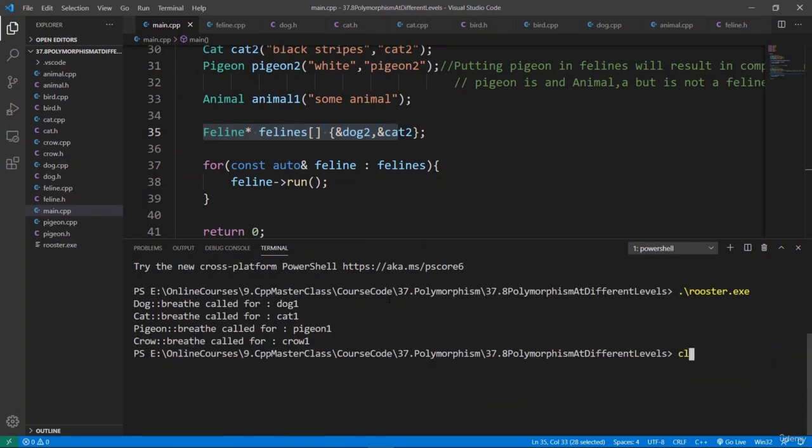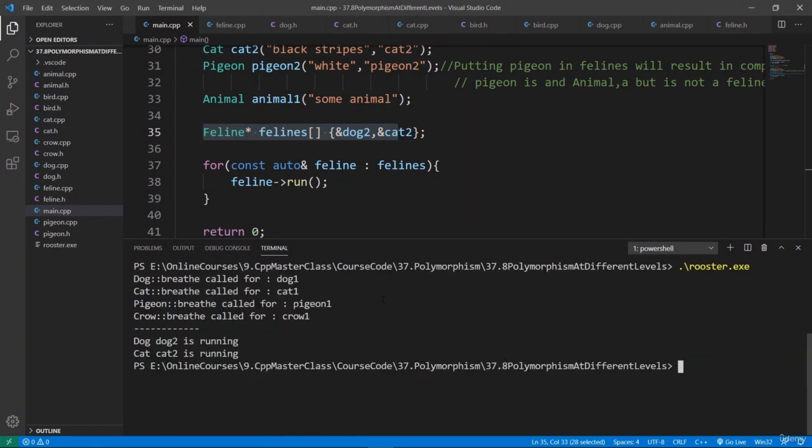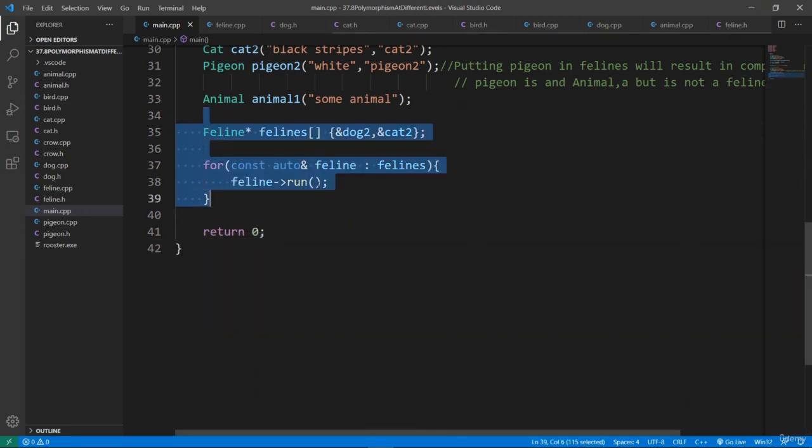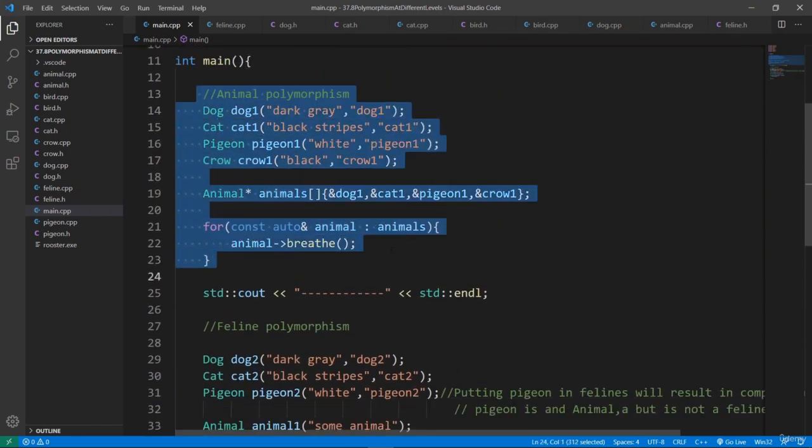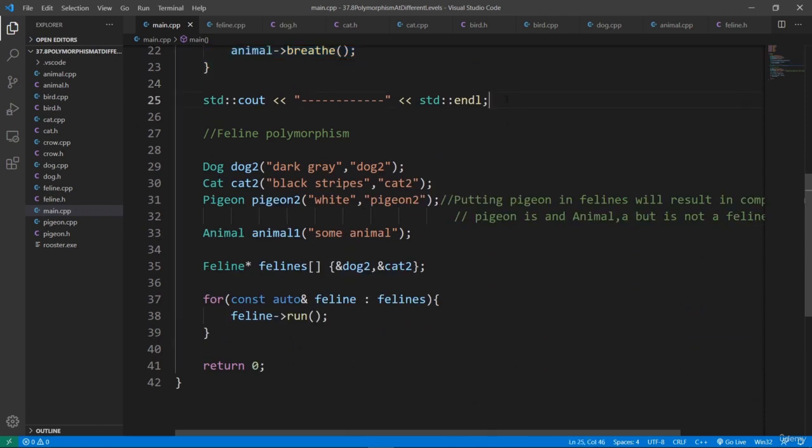We can clear and run rooster. We're going to have our separator here, and you're going to see that we are calling our dog method at the first iteration because the first object is a dog, and we are calling a cat running method because the second object is a cat, and this is feline polymorphism in action. Hopefully this proves to you that we can do polymorphism at different levels depending on what we want to achieve